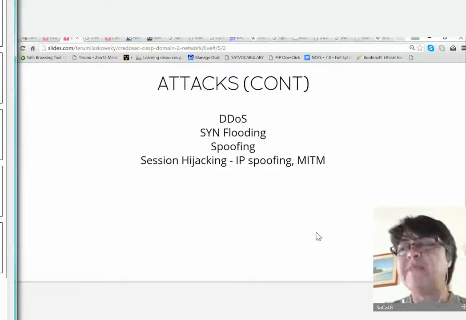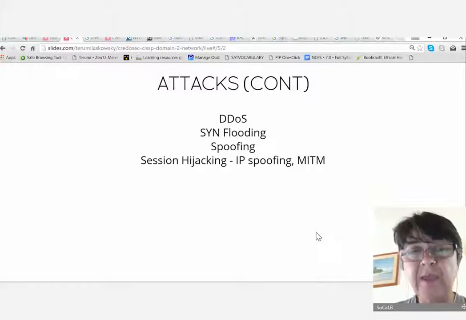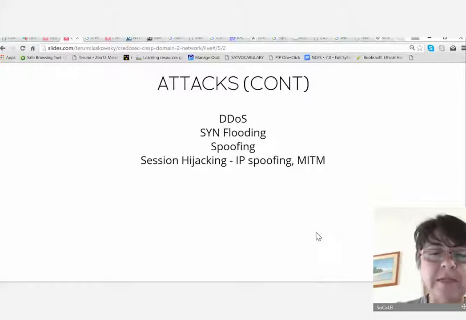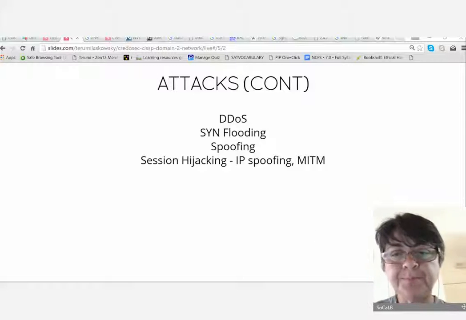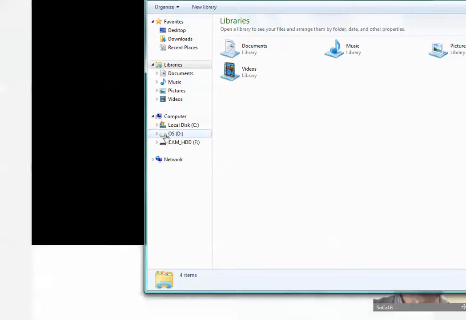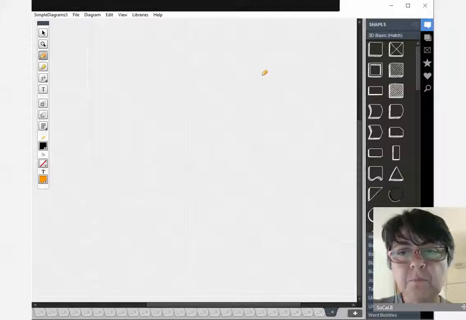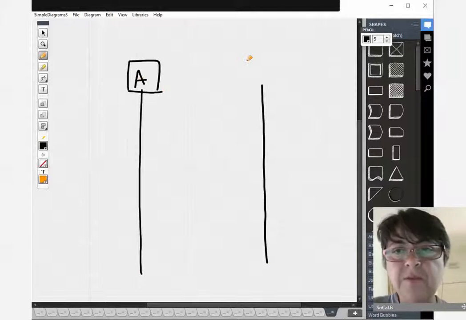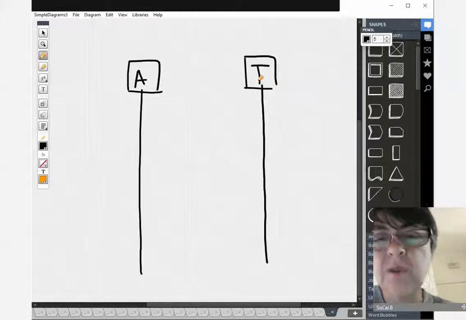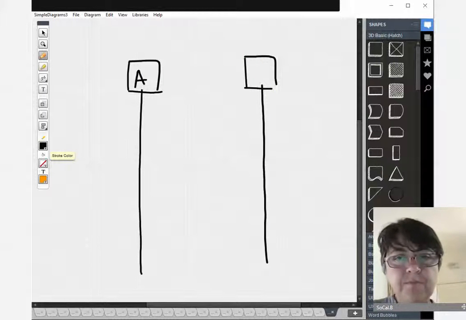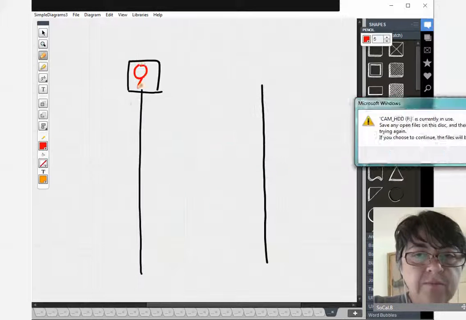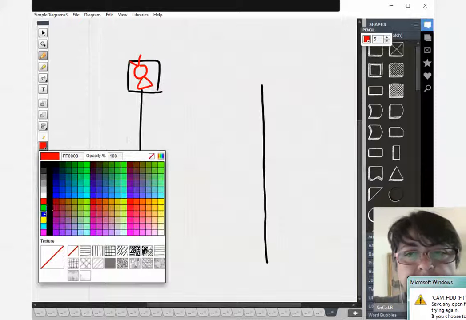Okay, the SYN flooding. SYN flooding takes advantage of the three-way handshake. Once again, it's not a vulnerability. It is a weakness in a way. So let's take a look at how this thing works. So, SYN flood. You have a client, and then you have the target. Actually, I want to make this just a hacker. So here's a hacker, and then you have a target